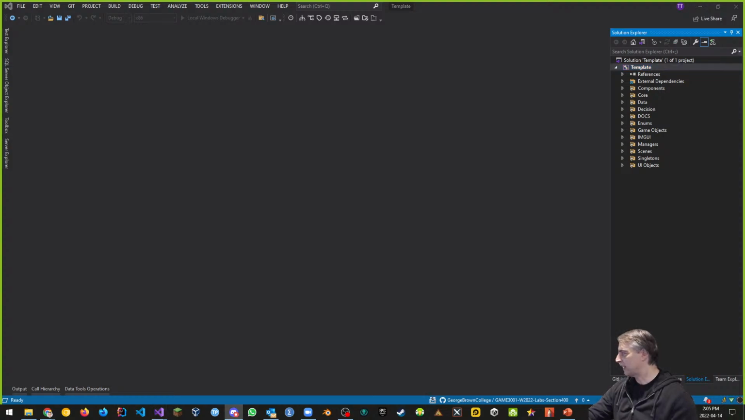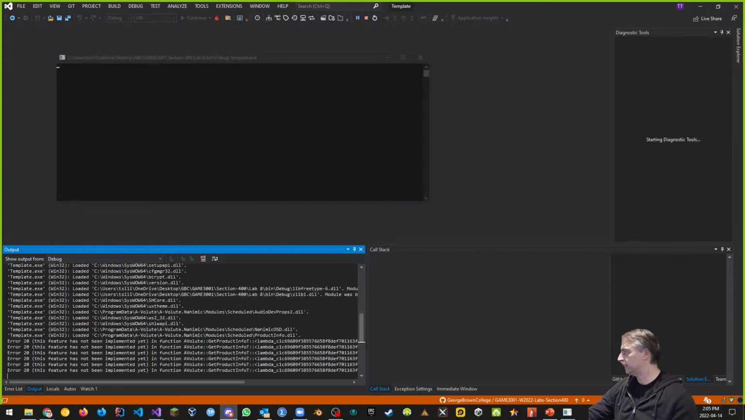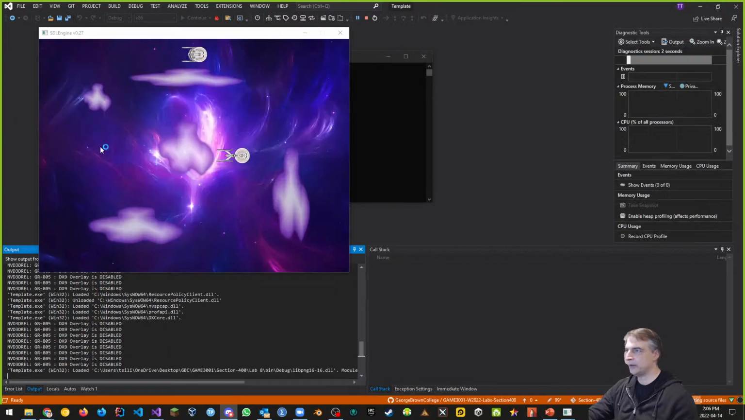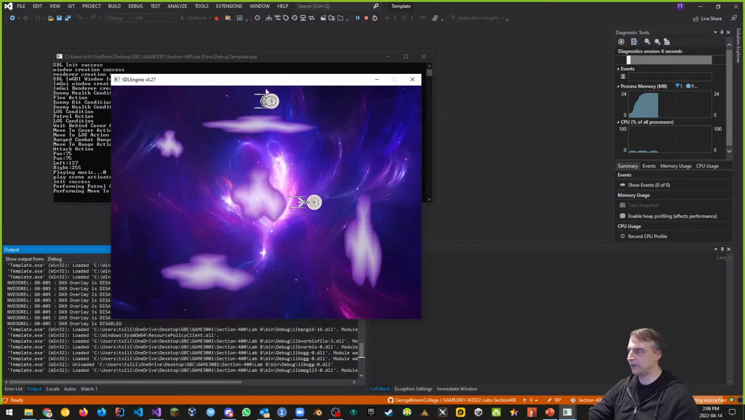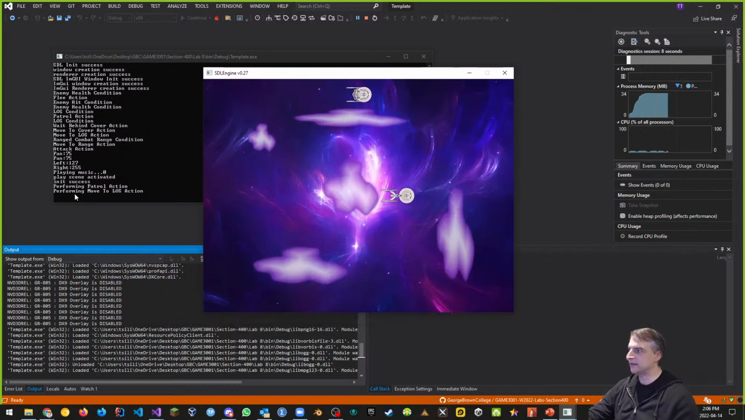So Alex was quite kind in the stuff that he put together for us, which I'm happy to say worked very, very quickly and easily this morning when I was with him in his lab. And so this is where we start off. You can see that is how it is. And notice that right now it says performing move to line of sight action because